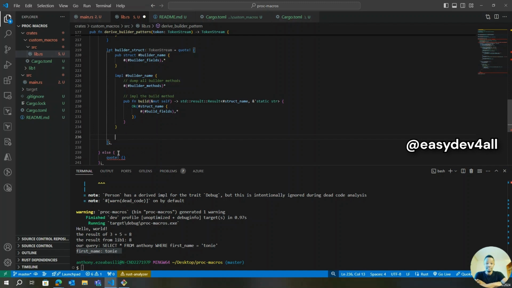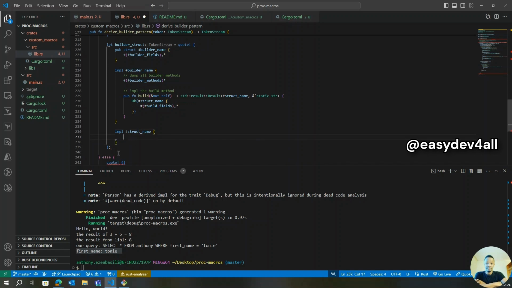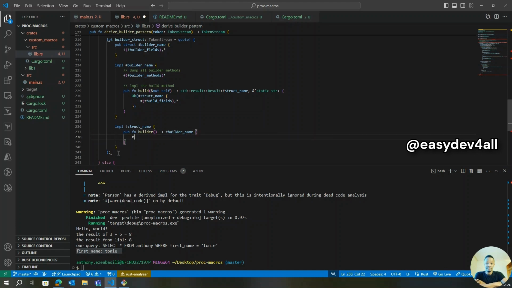And now, of course, the last one will be to implement the struct itself to actually have our builder. So here I can say impl again, struct name, and inside here I'm going to add just one method to create the builder instance. So I can say create a public function. I can call this builder, for example, and it's going to return builder name. So builder name, and in here something quite straightforward. So builder name,